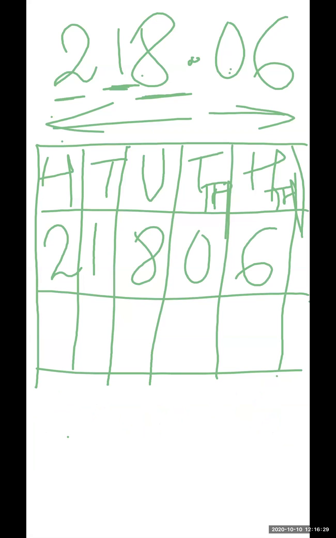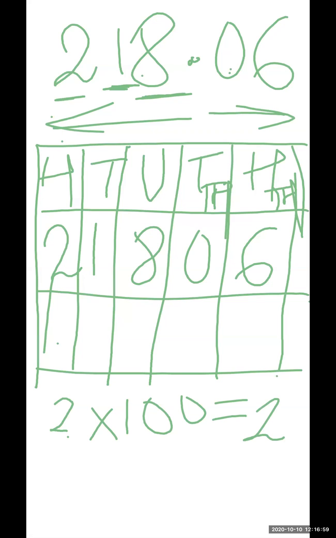Now we solve it. Now here we have to write the place value of this 2. I hope everyone knows the place value: unit, tens, hundred and so on. So the place value of this 2, how will you write it? The place value of the hundreds place is 100. So 2 into 100. So the place value of 2 is 200.